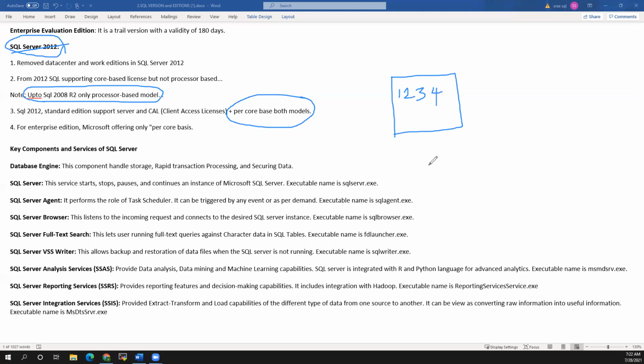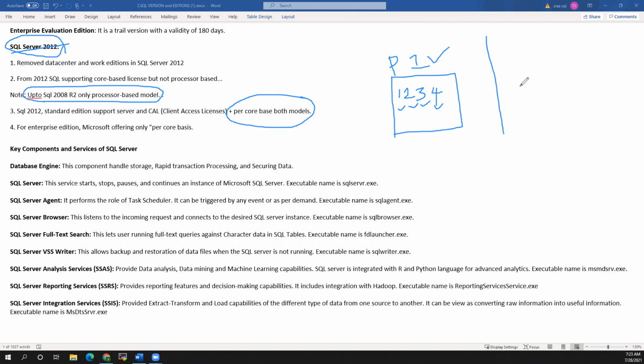Till SQL Server 2008, for this processor 1, we'll be having 1, 2, 3, 4 logical cores. These cores, SQL Server did not charge. It is charged based on the processor. So how many processors you have, it will charge.